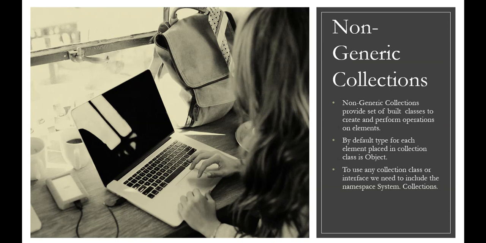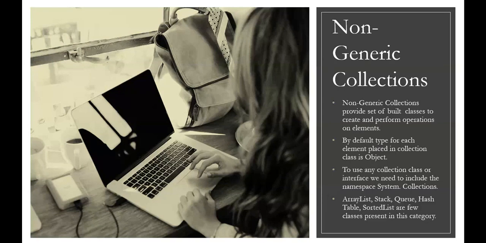If you remember, we just saw the demo of IEnumerable, and which interface did I use? The non-generic IEnumerable interface. So which namespace did I include? System.Collections. And a few examples are ArrayList, Stack, Queue, Hashtable, and SortedList.